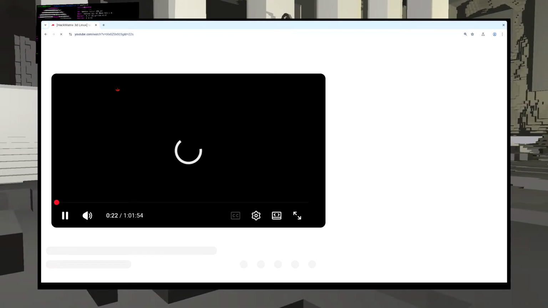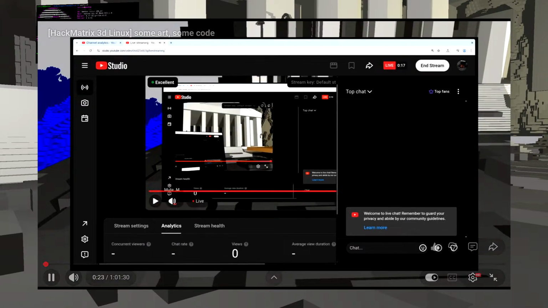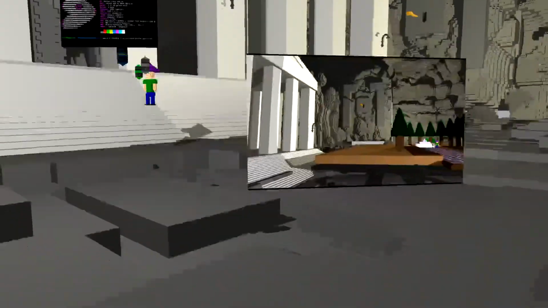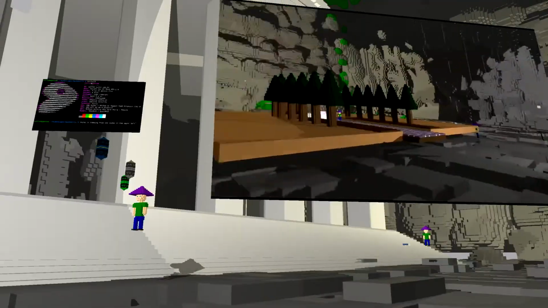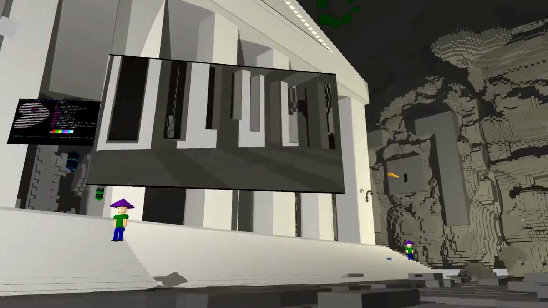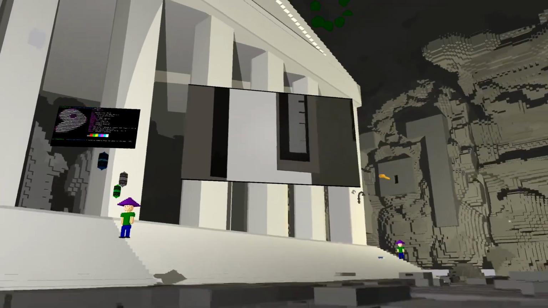And so I can maximize the stream and then sort of have it played like, I'm not sure what type of configuration I want for this, but